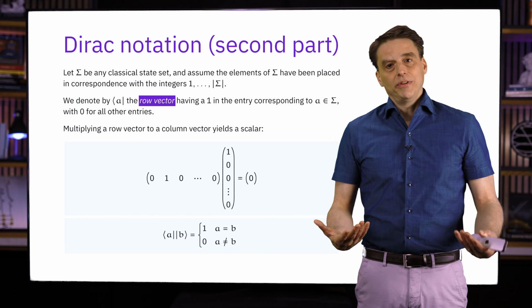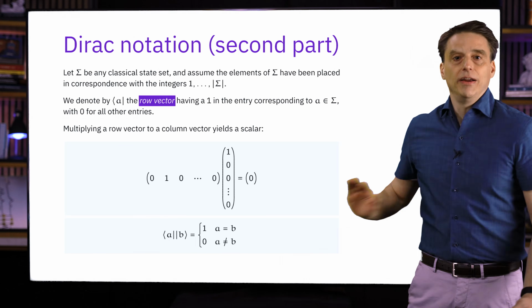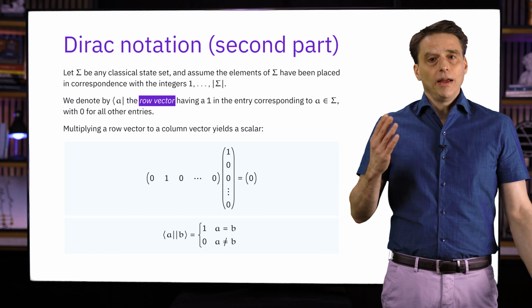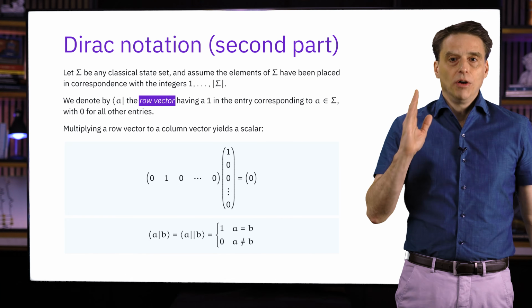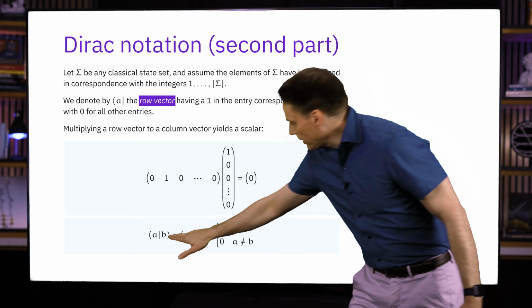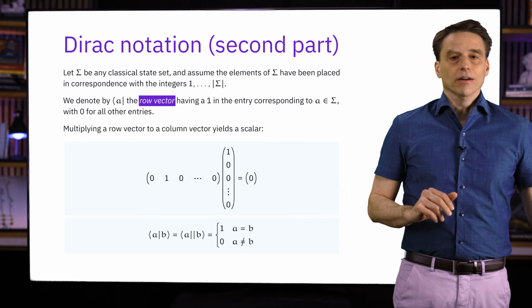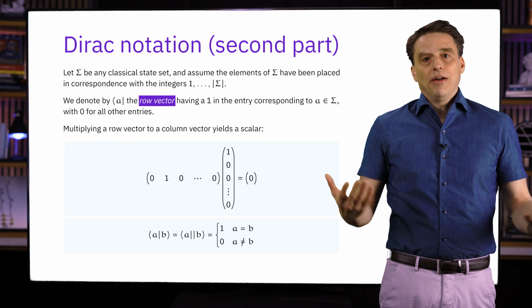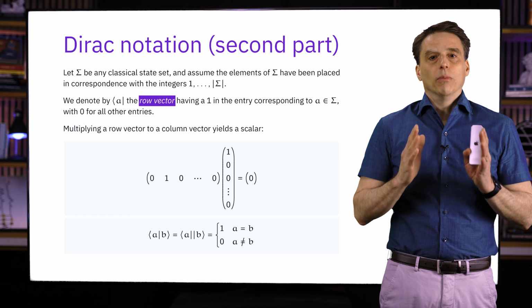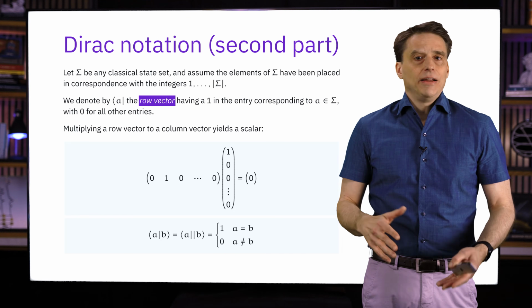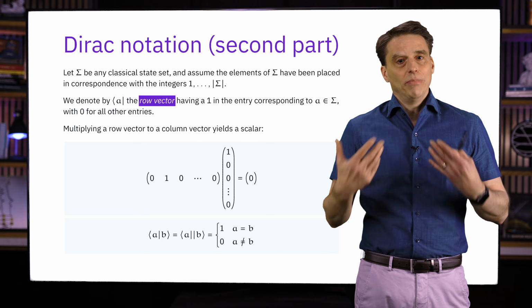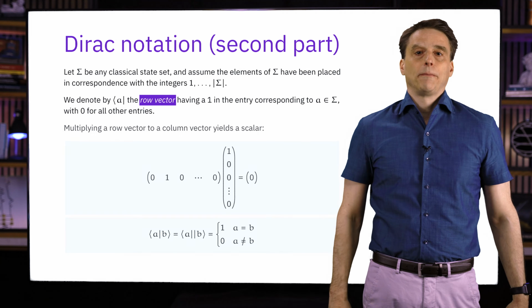A simple way of expressing these observations is like this right here. And just to keep things tidy, we write this product like this, with just one bar in the middle, and it means exactly the same thing as this right here. And now you can see how the bra and the ket go together to form a bracket, which is also called an inner product. And that's something that's quite important that we'll come back to in lesson number 3.